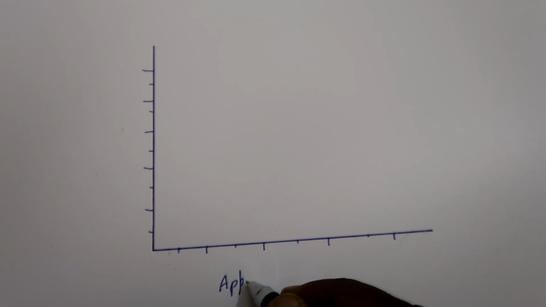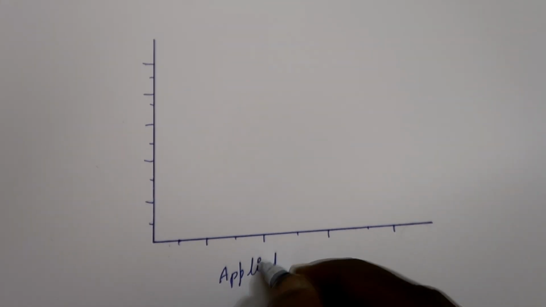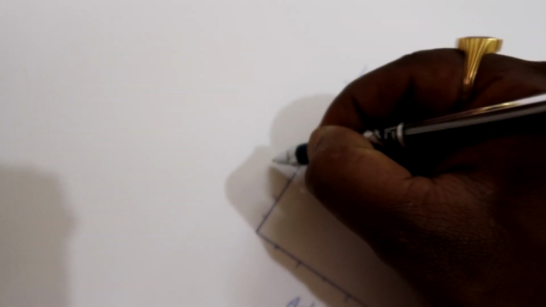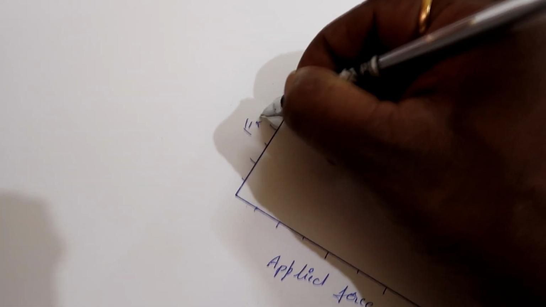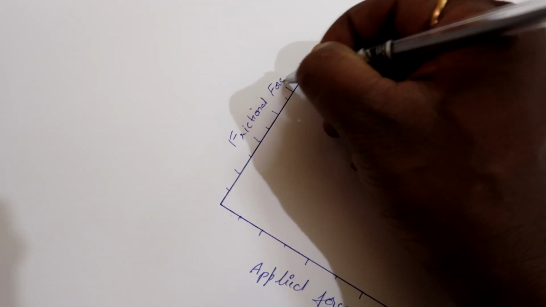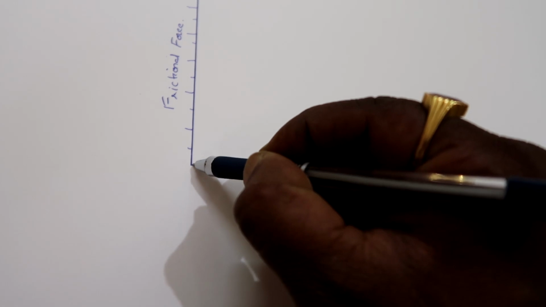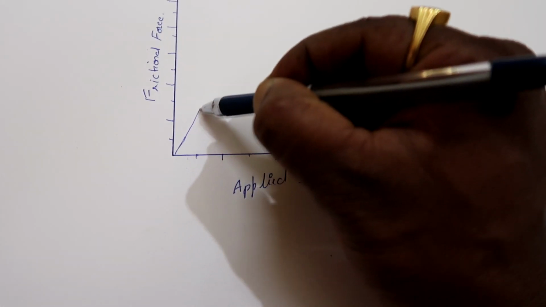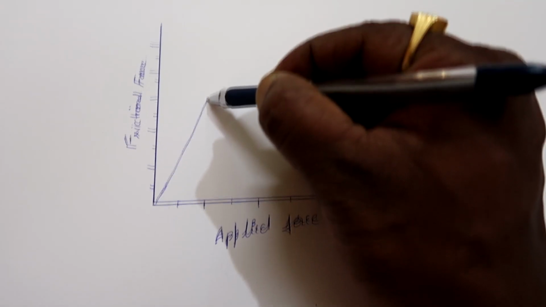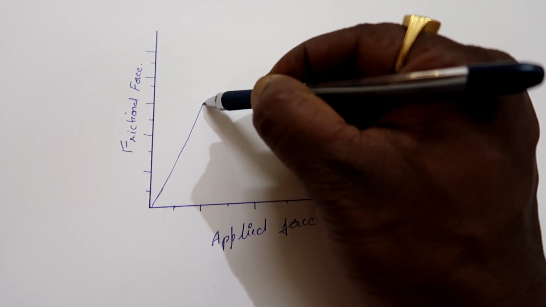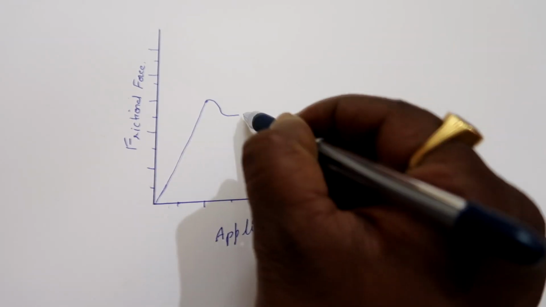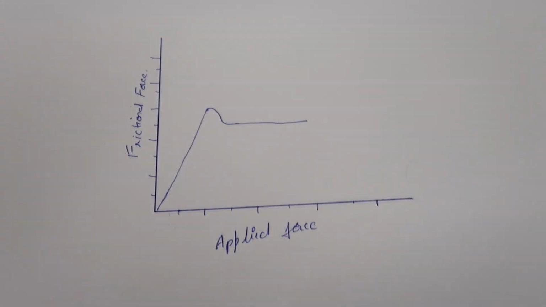Guys, it should be really fun to recall our basic physics classes of friction, what we learned in schooling. Here on the x-axis I have applied force, and on the y-axis I have frictional force. Remember, any object only moves or slides or rolls when the applied force increases beyond the frictional force, and at a certain point, the peak of the curve, which is called the threshold of motion, the object will start to slide, roll or move.